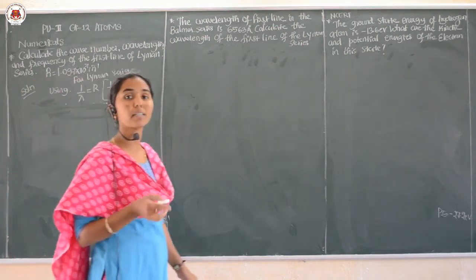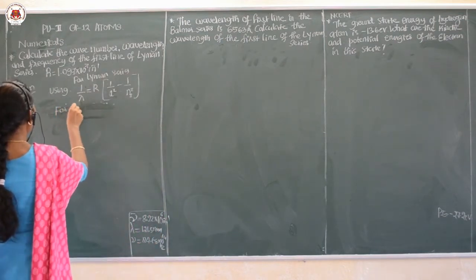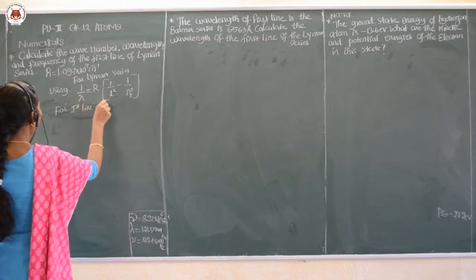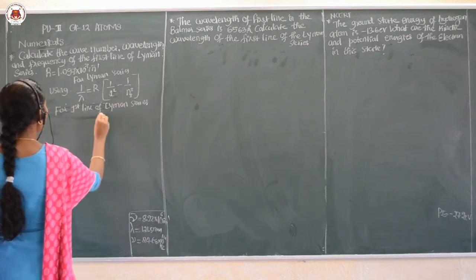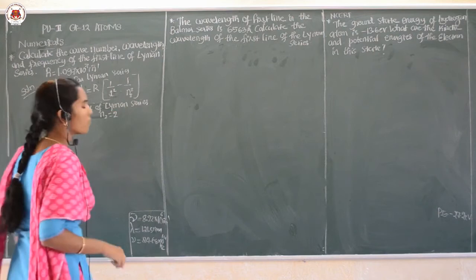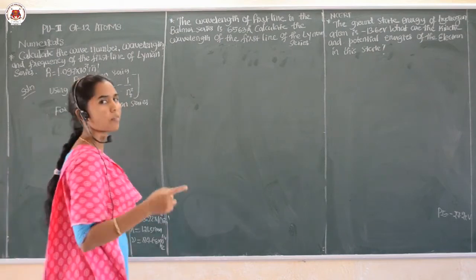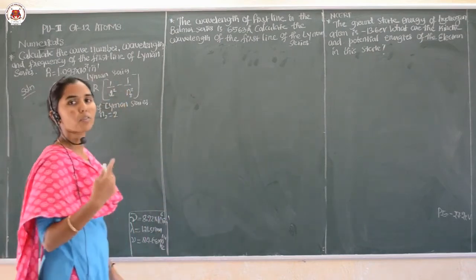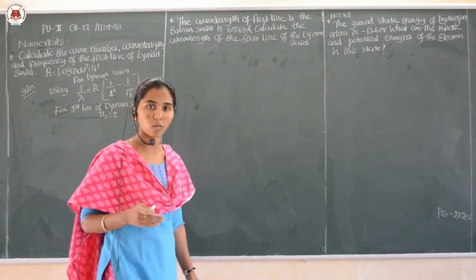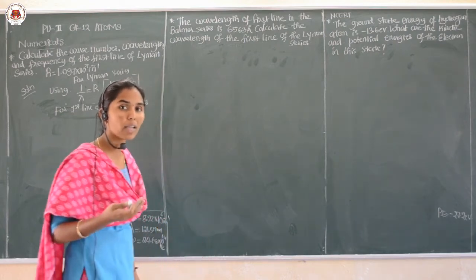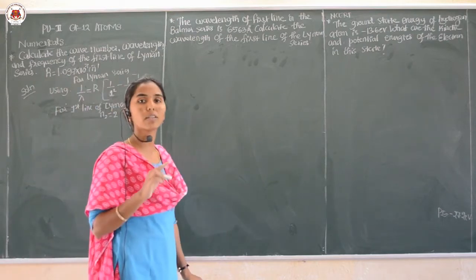But here they have mentioned the first line of the Lyman series. For the first line of the Lyman series, n2 is equal to 2 here. n2 is 2 because it is the first line. See, this is common for every series. If it is Lyman, n1 will be 1. Balmer means n1 will be 2, like that according to the series we are getting the n1 value. But what about the n2 value? Except the n1 number, the next number that comes is taken as the first line of the respective series.